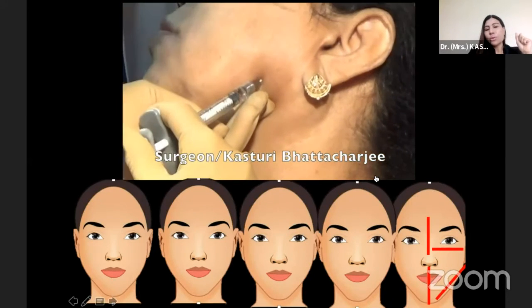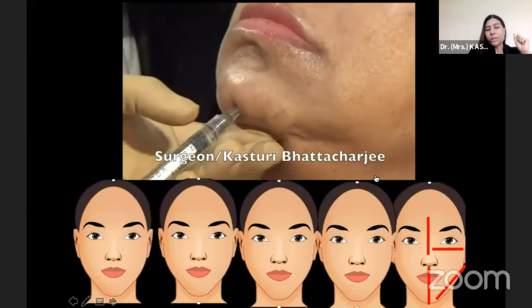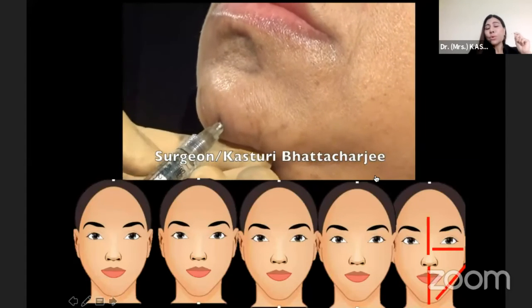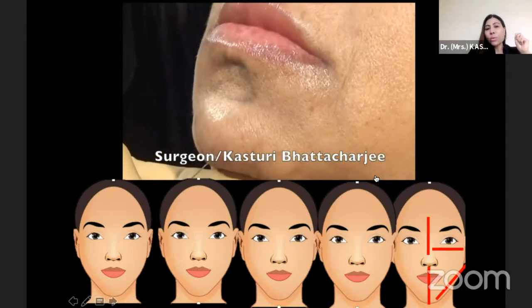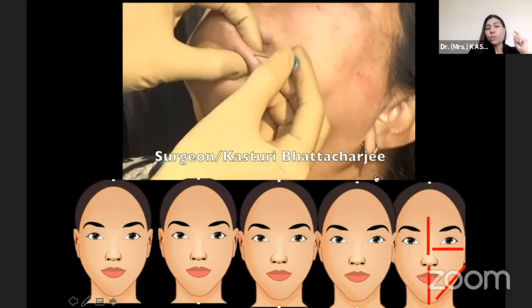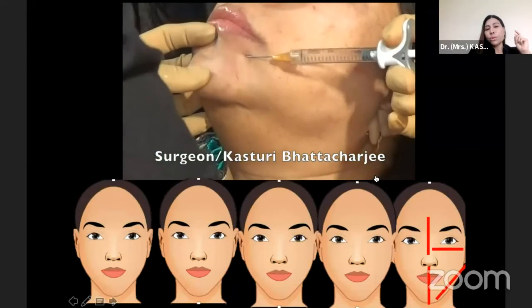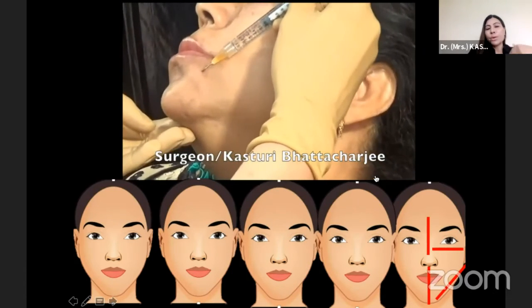And then in the lower face, we have the gonial angle, which we inject, and then the chin eminence. So these are the points where you touch with a needle. But if you want to touch the labiomental region, it should always be with a cannula. Why I'm telling you this, as Shilpa mentioned about myomodulation, you should be very careful in this region, because if you have a reverse myomodulation, this will reverse the direction of the chin, and it will be moving upwards.